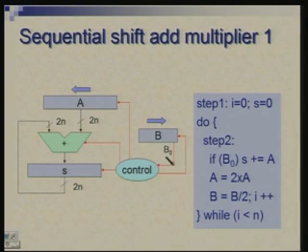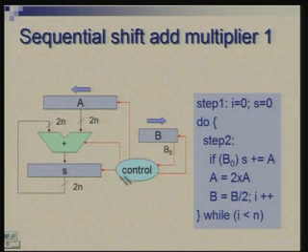This is working under control of B 0. Depending upon the value of B 0, it will instruct addition to be done, or either this circuit will pass on the value of A plus S, or just S itself. So, there is some logic here which either performs S plus A or S plus 0. That control is here, and these are basically to time the operations of these 3 registers, when they shift and when they store the new value.